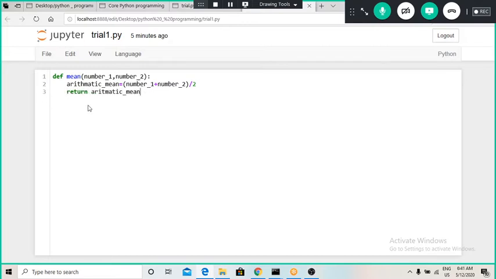Now this is one function, and we will define another function also, called print function, def print_func. This print function will print something. We are going to send a string over here to print, or we will print this arithmetic mean.